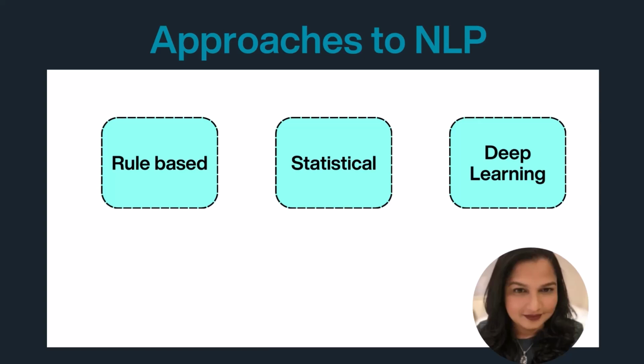And finally, this is where the magic happens today, the deep learning NLP. Using neural networks and massive data sets, deep learning models like the transformers, these systems can handle really advanced tasks like translation, content generation, and more. And each of these approaches has helped us get closer to machines truly understanding human language.